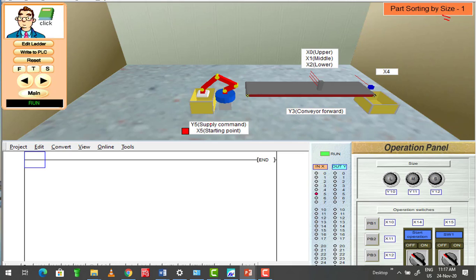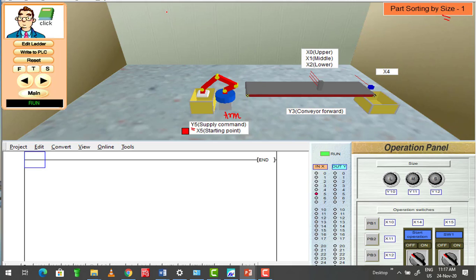This is output Wi-Fi connected to this arm. If this Wi-Fi is on, it will supply one part on this conveyor.